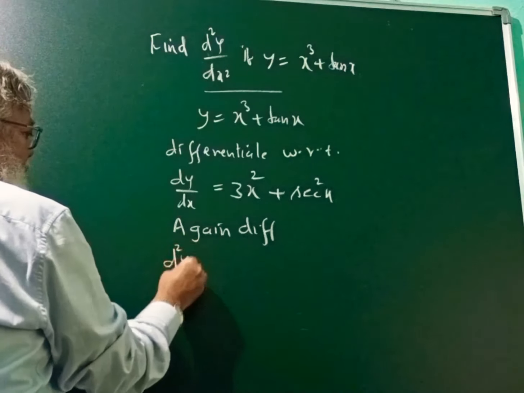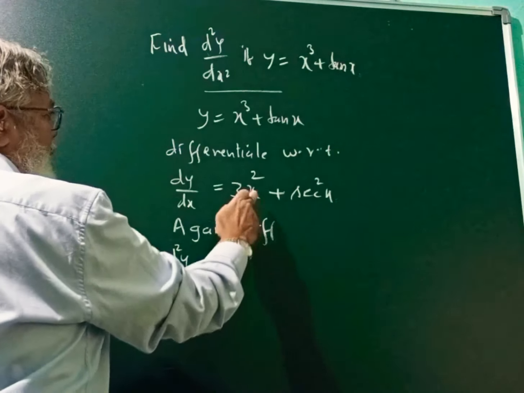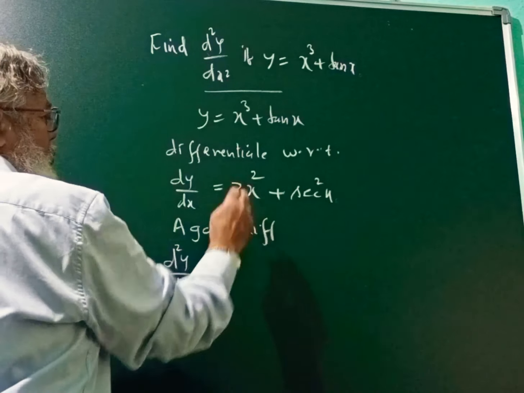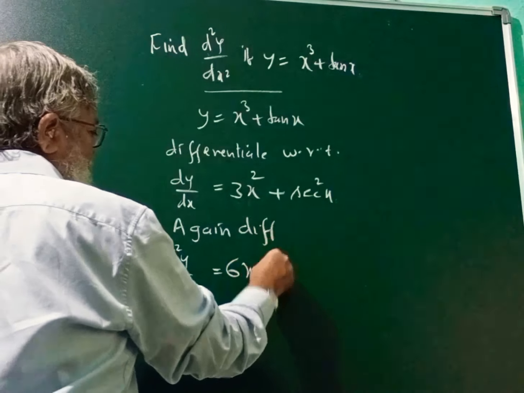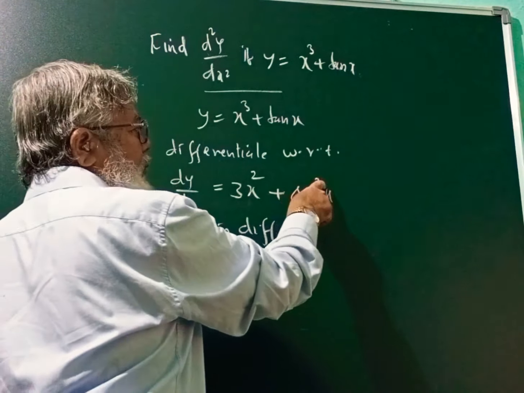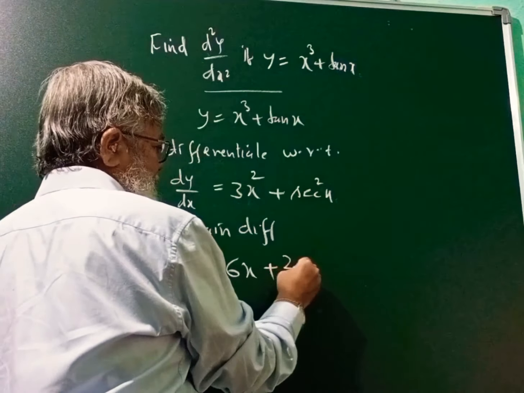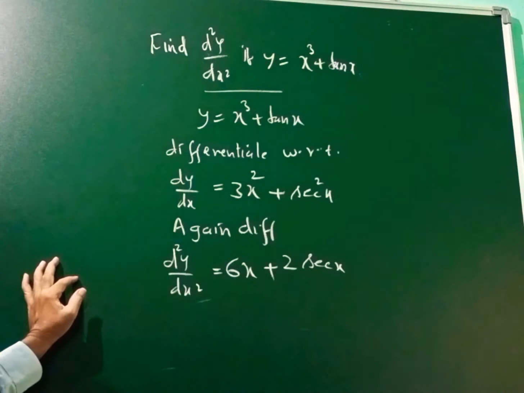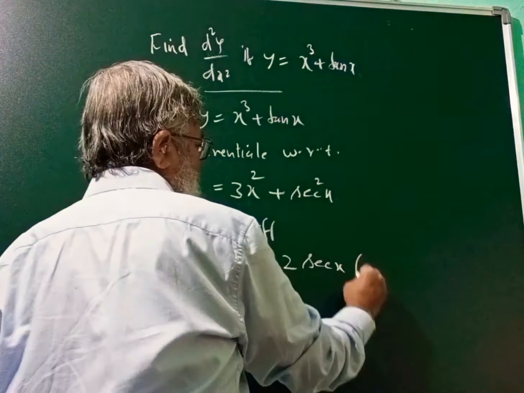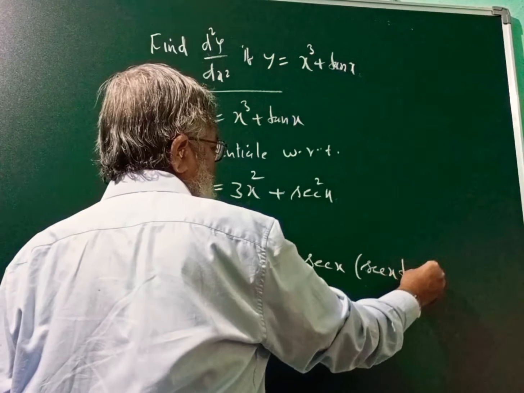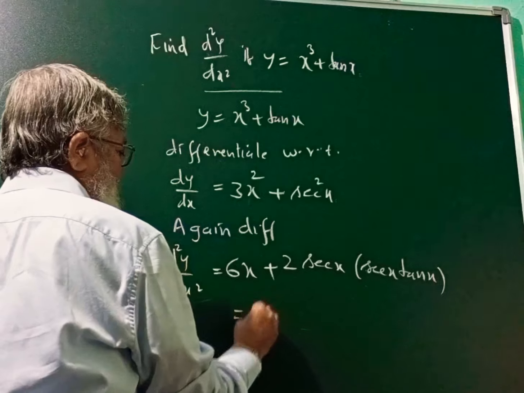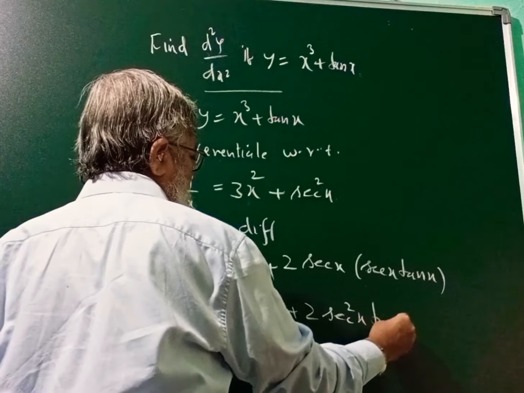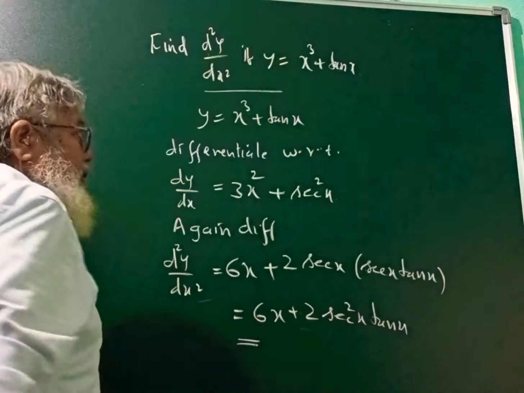We denote it by d square y by dx square. Differentiation of x cube, 3 is a constant in product, it is kept as it is. Differentiation of x square is 2x, 2 into 3 it is 6x. Now differentiation of sec square x, it is a composite function. First start with respect to power, that is, differentiation with respect to power is 2 sec x. And differentiation of sec x is again sec x tan x. Or we can write this as 6x plus 2 sec square x into tan x is the second order derivative of the given function.